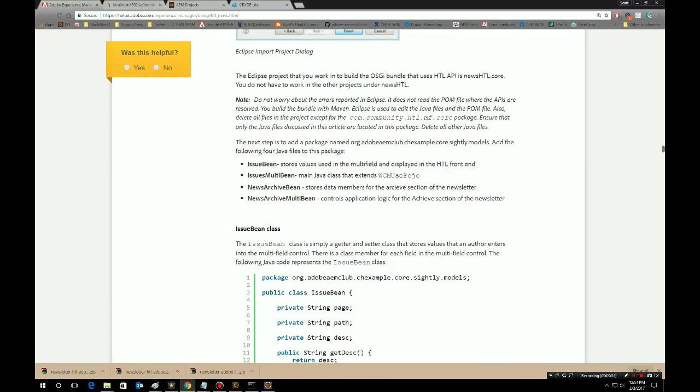It'll list clearly the 4 classes that we want to add to this project. The first is issue bean, and it's going to store the values used in the first multi-field and it displays in the AEM component. So this is going to be the data that the author enters into the current issues. And then the issues multi-bean is going to be the class that extends WCM use Pojo, and it's going to control the logic. So we're going to set the beans, and we're going to be able to set it up so it's going to be successfully rendered